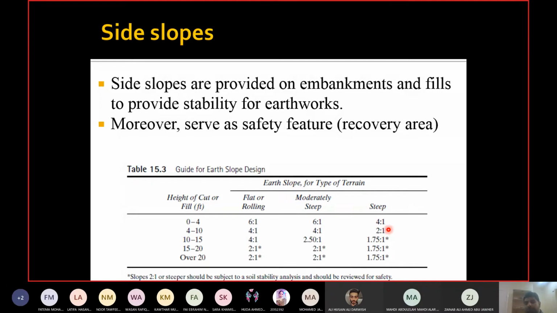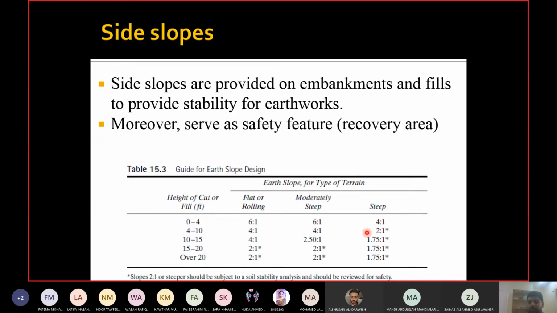I don't mean just leave it as it is. If the ground is going by a slope of 1:1, you provide a slope of 1:1, or you make it your design slope. No. This is not correct. Whatever steepest we can go in the available range, we go up to that. And if the ground is flatter, then whatever is the flattest within our available range, we go up to that.